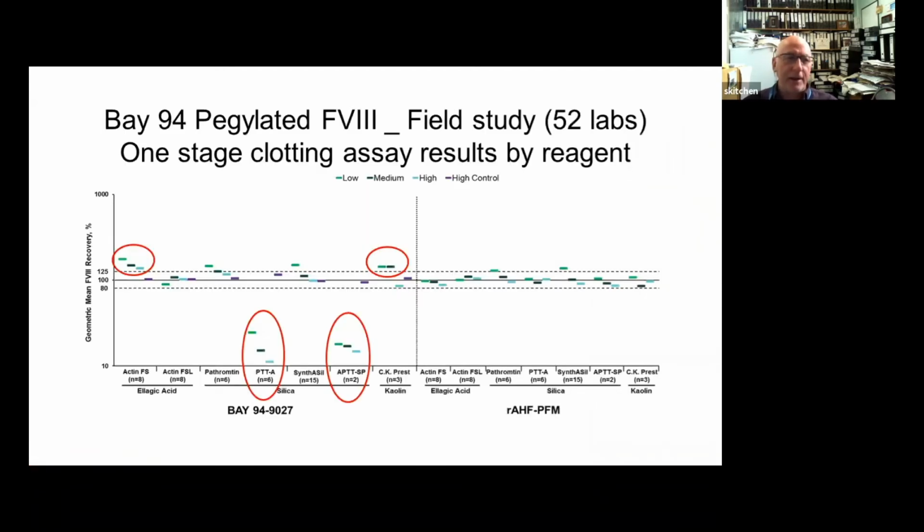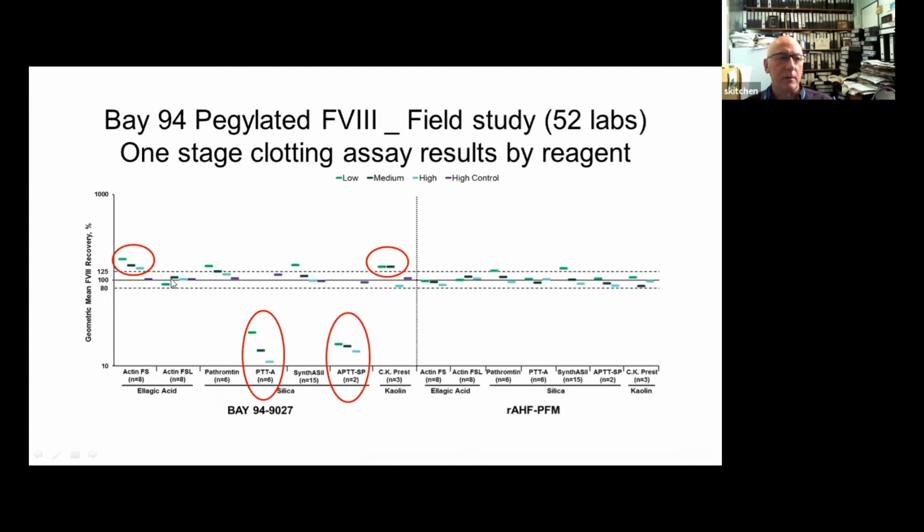What about pegylated factor VIII? These are some data from a field study looking at the Bayer pegylated product, now with the brand name Jivi. A series of different one-stage assays were used in the field study, and here is the expected potency. 100% would be recovering the expected labeled value. A couple of reagents here, ActinFS, CK-Prest,